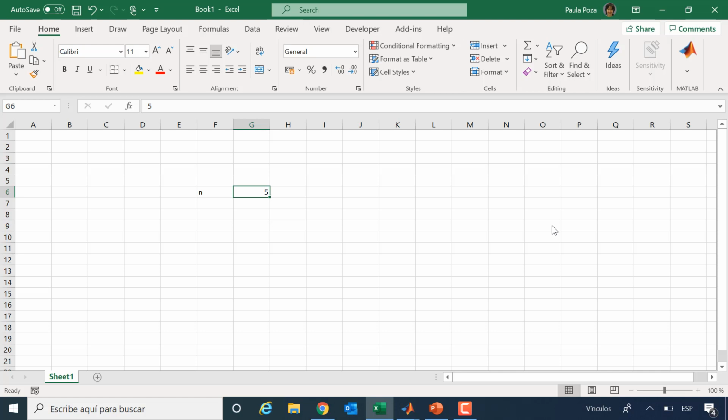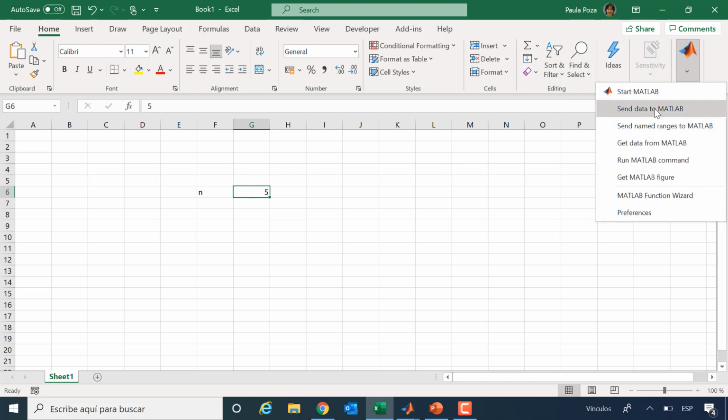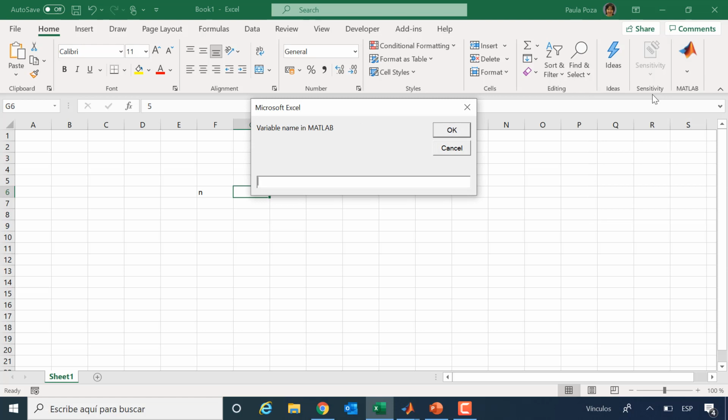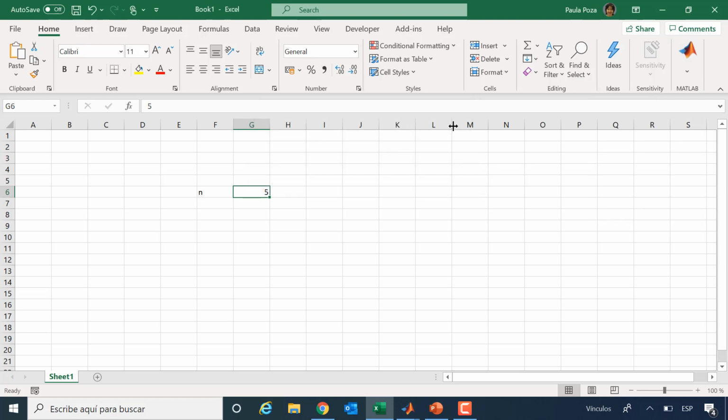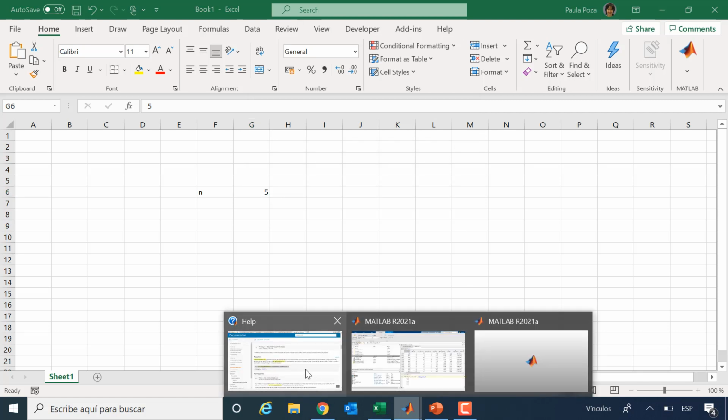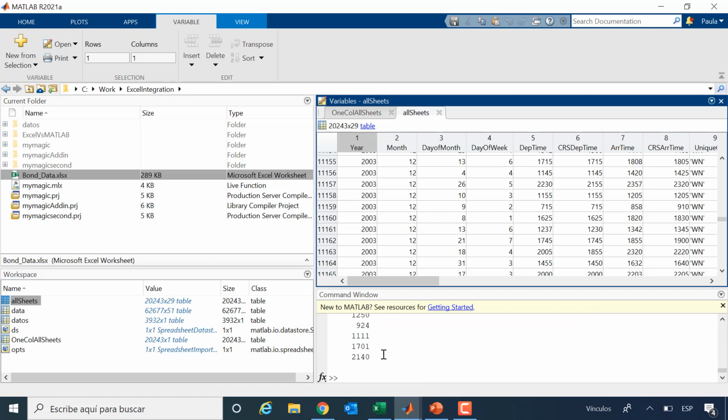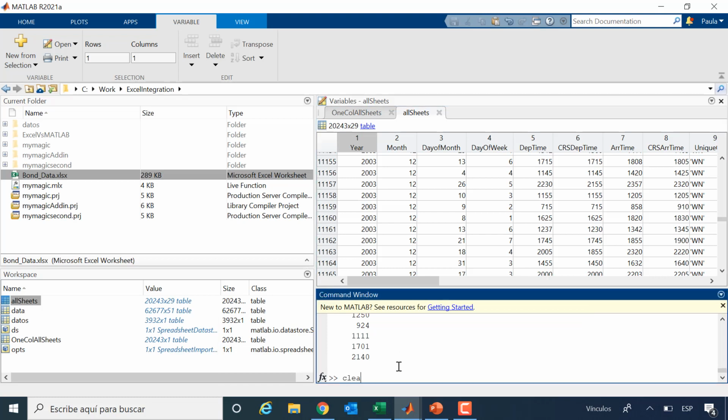I can do this in a manual way, semi-manual, and automatic. Let's do manually first. I select this cell and say send data to MATLAB. With the name, I can call it n, my variable called n. Then if I want to check, I come here and I can see, sorry, I forgot to clear the content before.